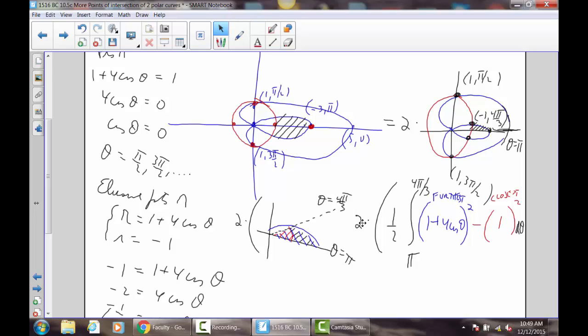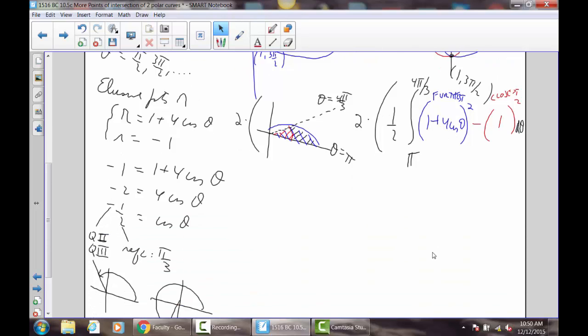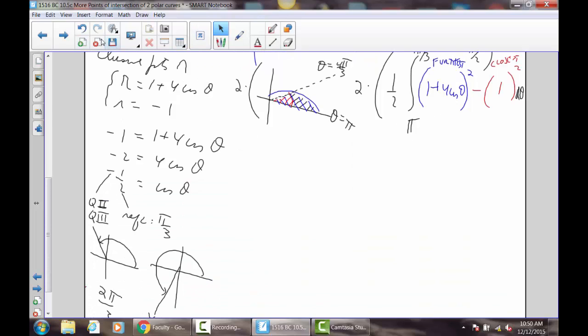Okay, so now we're ready. It's 2 times, because remember we split it in half. There's our 1/2, and then r1 squared minus r2 squared. And that's the furthest away, which is the limacon, minus the closest, which is the circle. So we have that. Okay? So slow down and really have